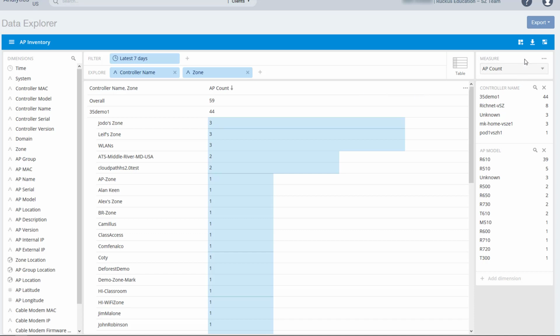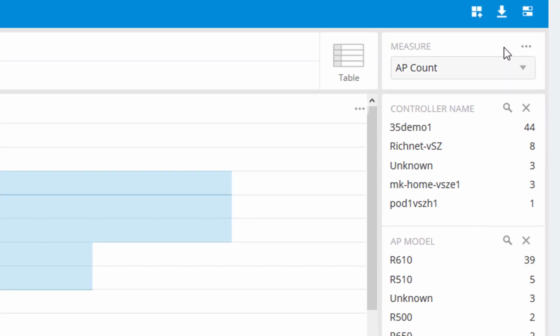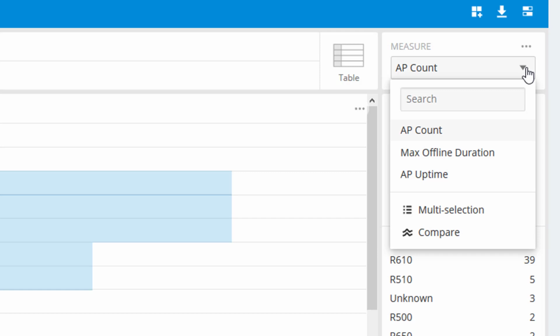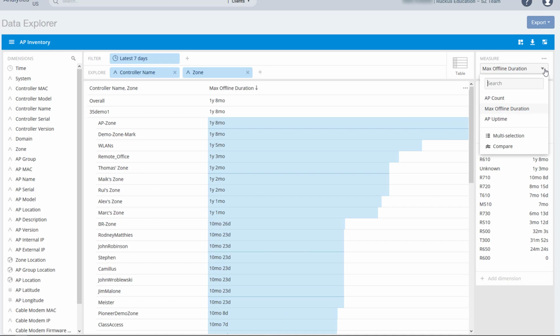Let's talk about the data, or measure, over here on the right top portion of the page. The measure selected from this dropdown defines the data to display in both the table and the pinned up dimensions. As we noted when we selected this data cube, there are 3 measures to choose from. Right now we're viewing AP counts, but we can select another option here, and once selected, you see all the